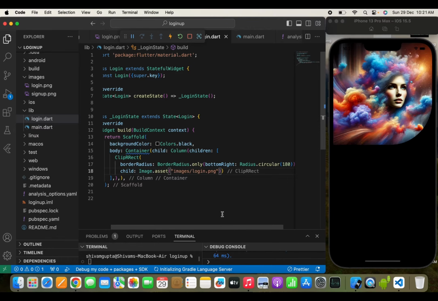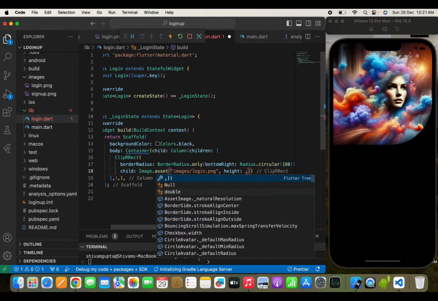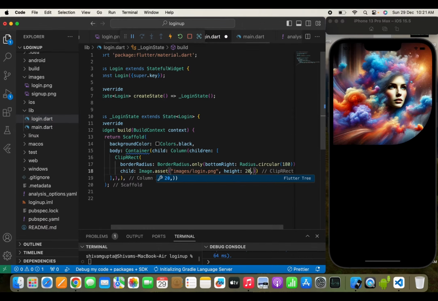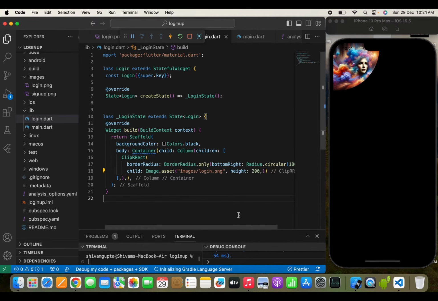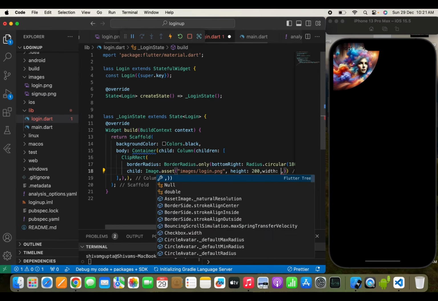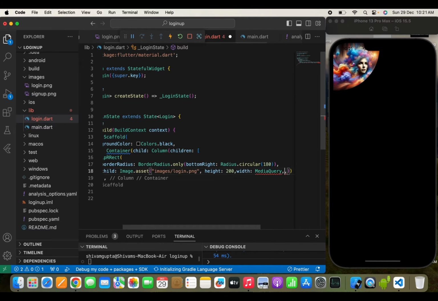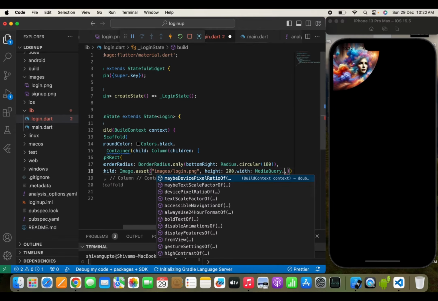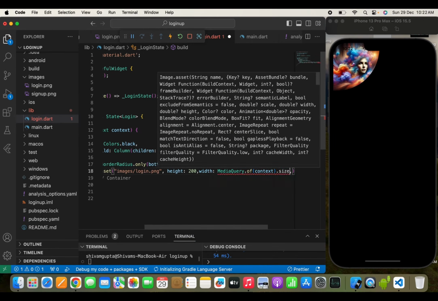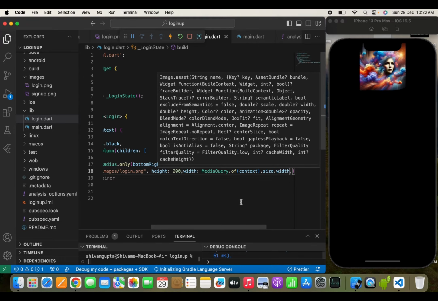I can set the height of an image by passing the height. So we'll write height, and let's keep 200 first. And here we need to pass a width which will be MediaQuery.of(context).size.width. Now the reason for passing a MediaQuery, if you have followed my old series,